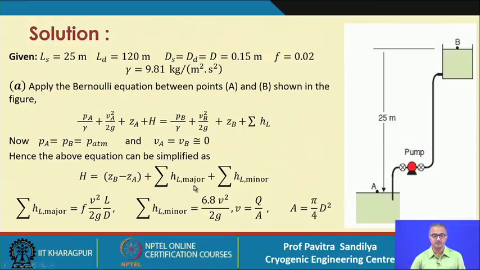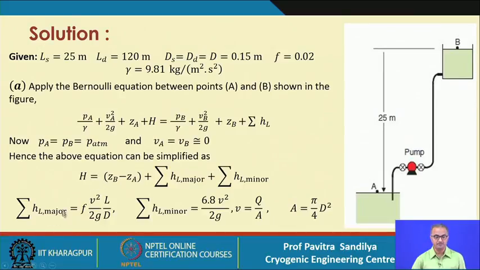Now, for the solution, we put all the data given to us and we apply the first law of thermodynamics, or the Bernoulli's equation. Here we find that both these surfaces are exposed to the atmosphere, so they are experiencing atmospheric pressure, and again we are neglecting the rate of change of the levels in these two tanks. So, that is how we are putting VA and VB equal to 0, and then we find this is the expression for the head developed by the pump.